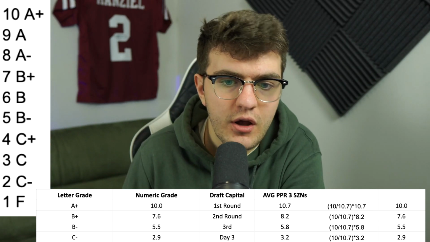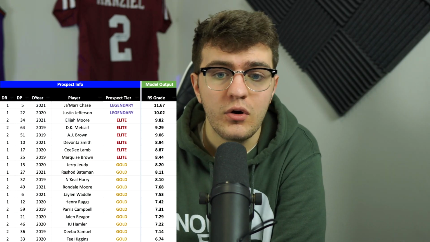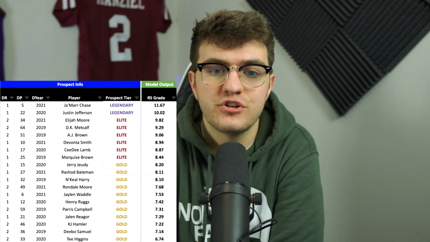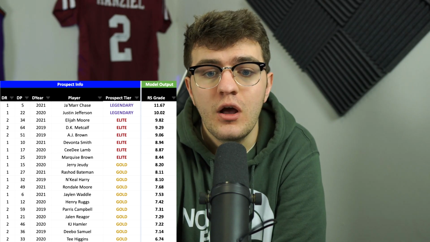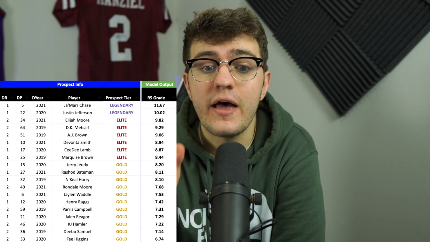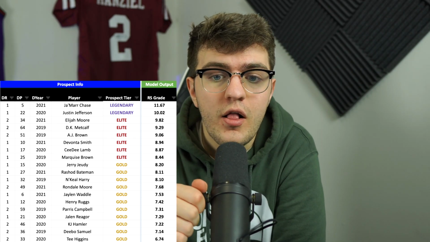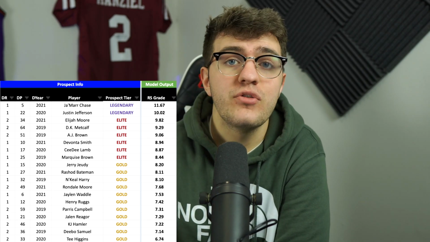And as you guys can see, these are my top wide receiver prospects just in the model by RS grade from the last 3 draft classes. Now you're going to see Ja'Marr Chase and Justin Jefferson. They have a grade of 10 or better. We didn't see that in the quarterback model. In the wide receiver and in the running back model, there is a pathway to be higher than a 10,